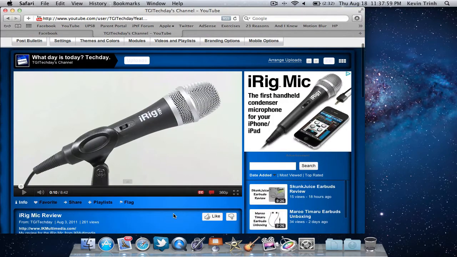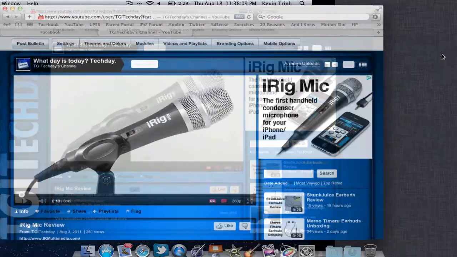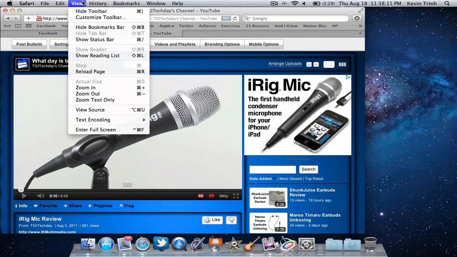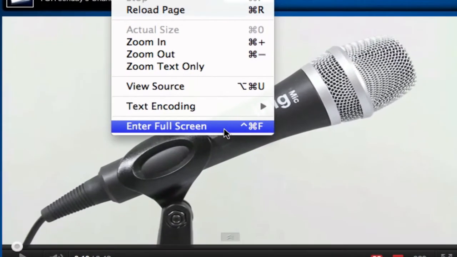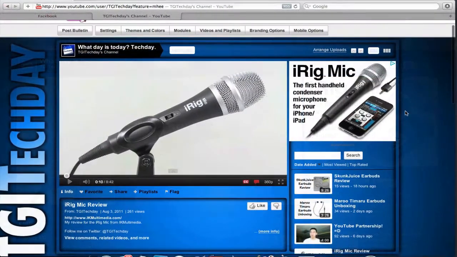So let's fire up Safari. This keystroke works with Safari. If you go obviously to the top right, you can click on this and then it'll go into full screen mode, no problem, just like we're normally used to. But if you go to the view menu and you go to the very bottom, you'll notice that it says enter full screen, and that's very key. And you see there's a modifier keystroke there. For those of you that can't read modifier keys very well on a Mac, that's Control, Command, and then F in that specific order. Of course, I can just click on this, and then that will obviously bring it into